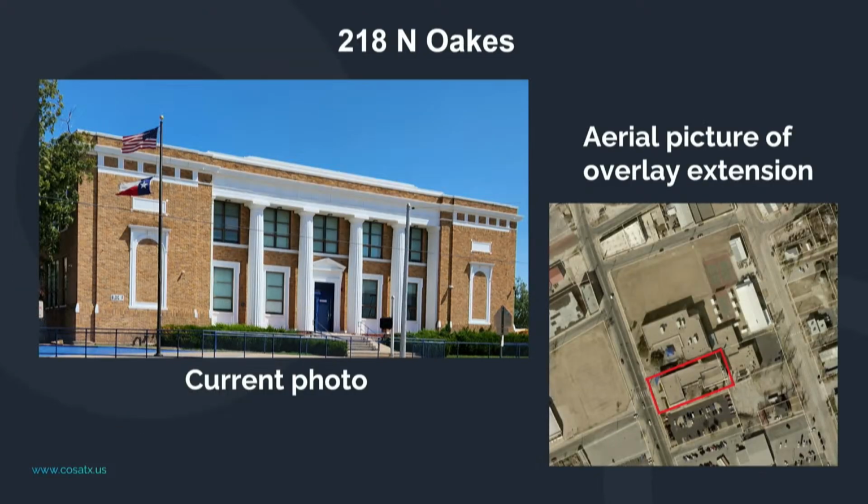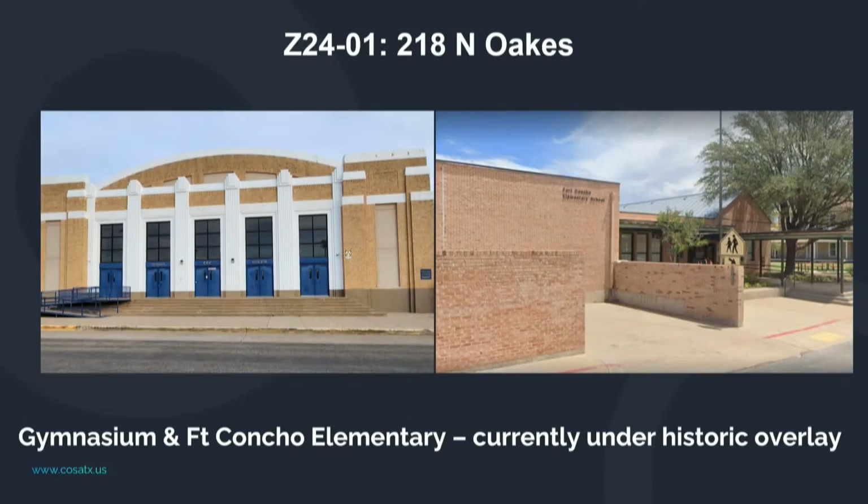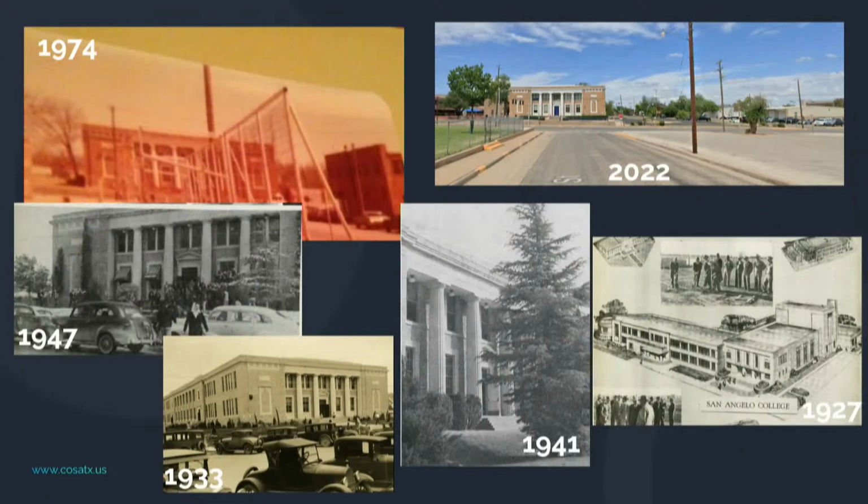So this is the current main building at the freshman campus for Central High School, and I'm going to actually skip ahead one picture. Okay, so I have done a lot of research on both of these buildings, and in my research, the community has decided that we would like to preserve a lot of our buildings, and this building has so much community